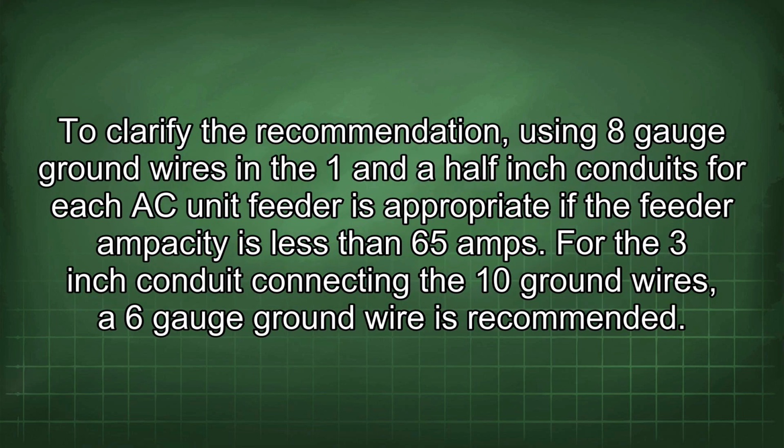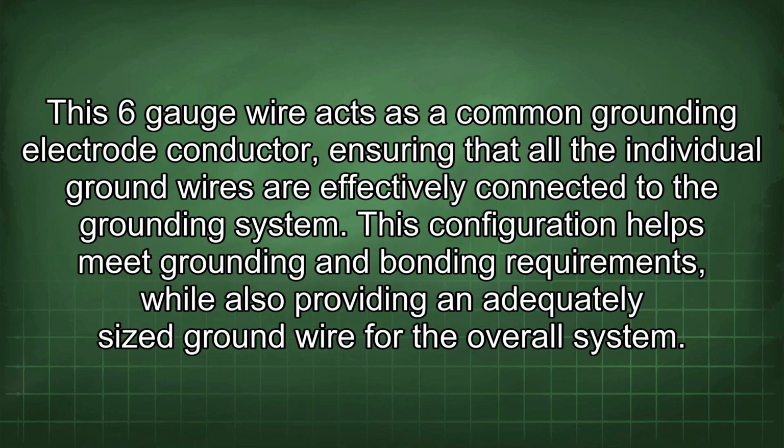To clarify the recommendation, using 8-gauge ground wires in the 1.5-inch conduits for each AC unit feeder is appropriate if the feeder ampacity is less than 65 amps. For the 3-inch conduit connecting the 10 ground wires, a 6-gauge ground wire is recommended. This 6-gauge wire acts as a common grounding electrode conductor, ensuring that all the individual ground wires are effectively connected to the grounding system. This configuration helps meet grounding and bonding requirements, while also providing an adequately sized ground wire